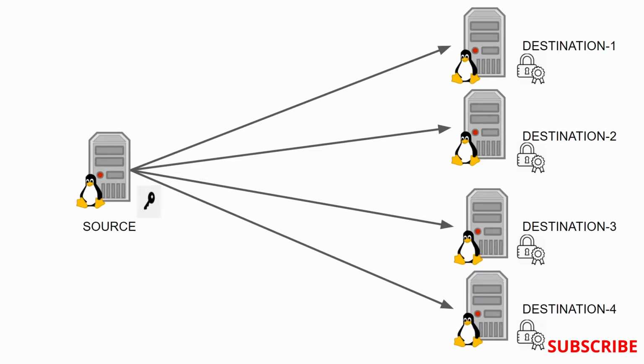So these are the changes you have to do on the source and destination machines. Now try to understand why exactly you need SSH or SCP. Let's say you are at one machine, but you have to connect to n number of machines. Every time, it is not very convenient to connect to different hosts using the same set of username and password, correct? So what you can do is generate a private key and public key on the source machine. As we discussed in our last slide, you have to generate a public and private key. In simple words, treat the lock as a public key and the key as a private key.